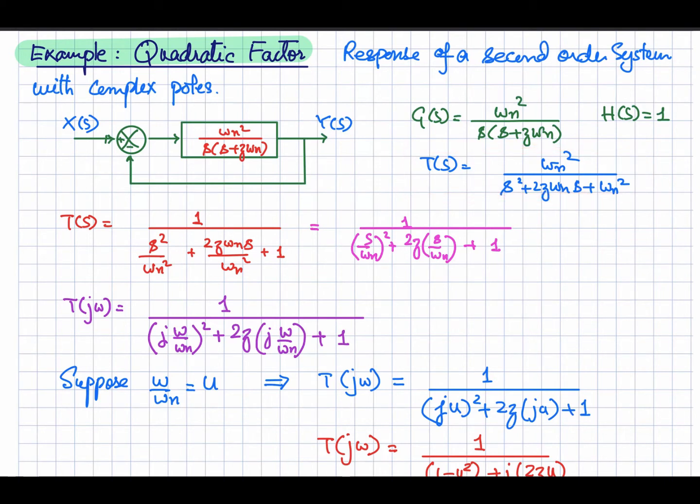Now for the frequency response, first of all, we will have to determine the sinusoidal transfer function. So let's take this s-domain function and slightly rearrange it to represent it in the standard form. So we are dividing all the denominator terms with omega n square, and you will get this equation for the closed loop transfer function. Now let's replace this s with j omega. So this is our sinusoidal transfer function.